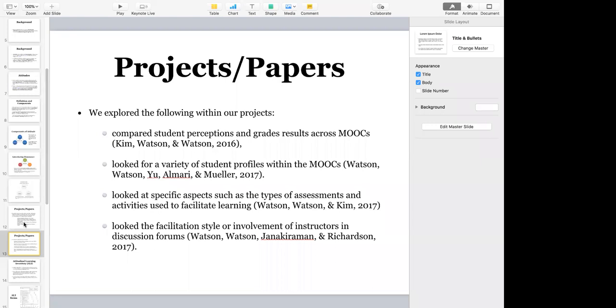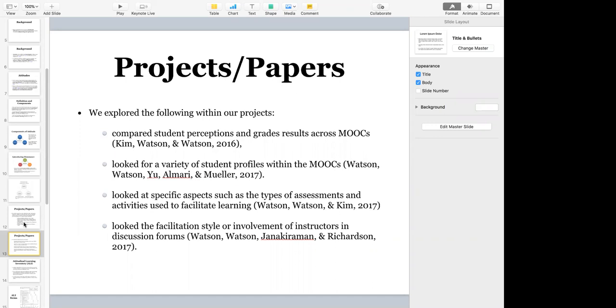So this person might not really need to do all the assignments to get a grade, right? Because this person is not really doing it for a certificate, or they don't need to show a grade to anybody, but they're internally motivated. So they might just look at the materials, the videos, the readings, and really think and do a lot of reflection, but they might not actually deliver assignments or do quizzes, right? That are required for people who want a grade or who want a certificate. So we looked at a variety of student profiles within MOOCs, and there were a lot of different types of students who wanted different things.